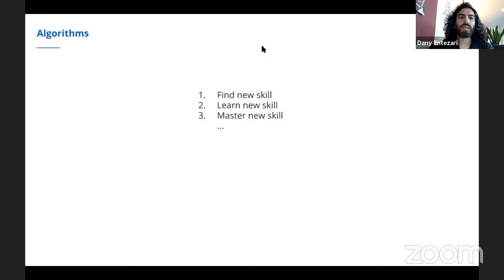Now, what I'm trying to do here is draw an analogy between how we humans think and act and how computers think and act. How would we break down these three steps that we're looking at in front of us right now? Find a new skill, learn a new skill, master a new skill.